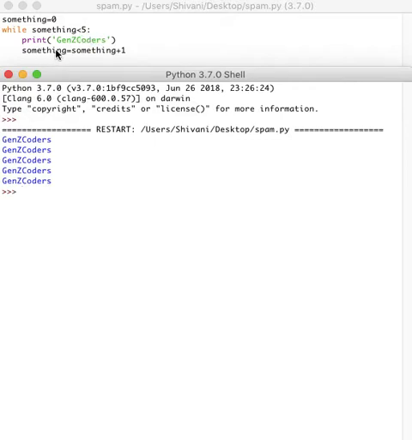And so there will be a point where something is equal to 4, right? So 4 plus 1 would give you 5. Now when I say while something or while 5 is lesser than 5, that is automatically false then, right? Because 5 is not less than 5. So when I say 5 is less than 5, it's not going to execute the following code. So it's not going to print Gen Z coders, and it's immediately going to terminate the program, which is exactly what happens here, and why it prints